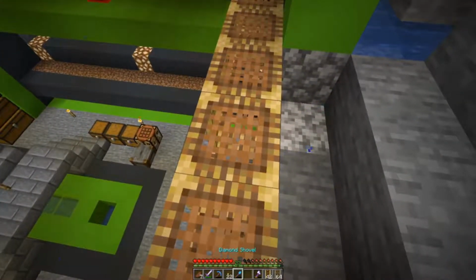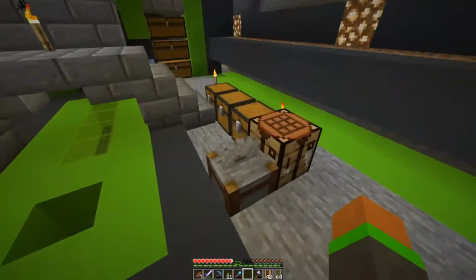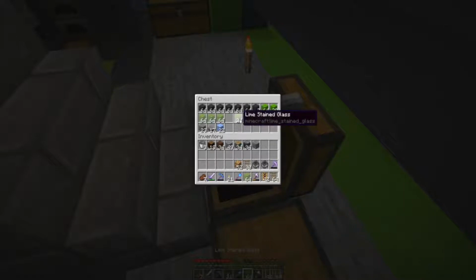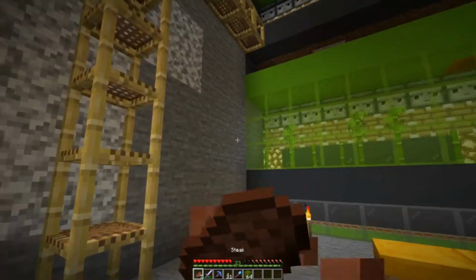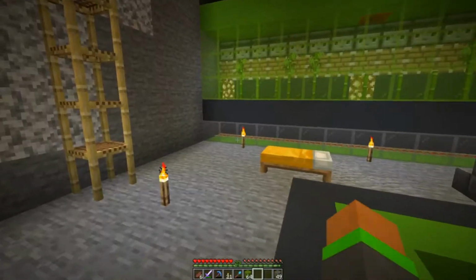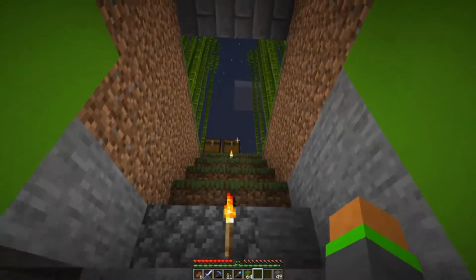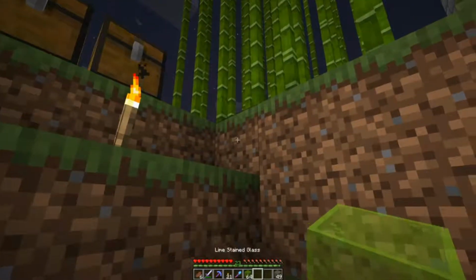Yes, let's go ahead and grab the... Ow. There we go. The lime stained glass. So many words. And Mr. Spastic over here forgot the light gray stained glass. That is actually surprisingly easier for me to say, I guess. Also,